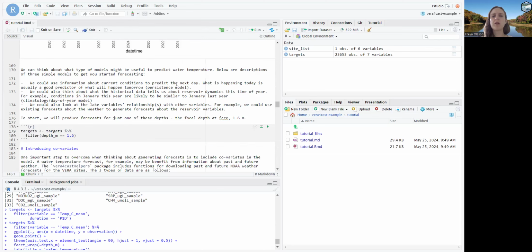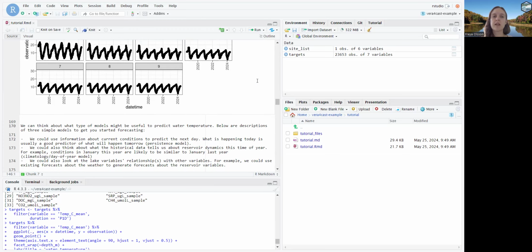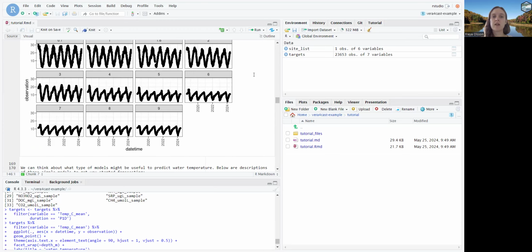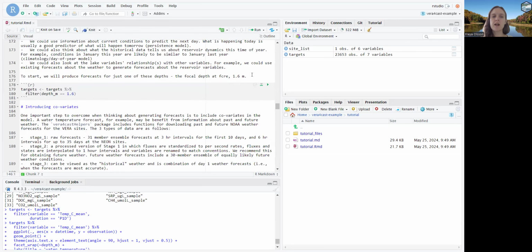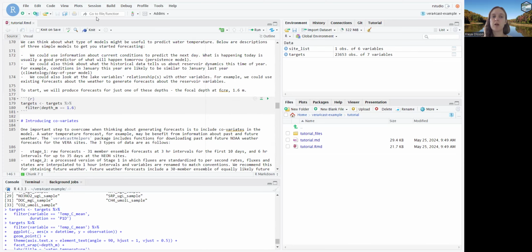We can also think about what the historical data tells us about the reservoir. So if you look at these plots again, you can see that there's quite a distinct seasonal cycle. We see water temperatures increasing into the spring and summer, and then cooling again into the fall and winter. And so these types of dynamics can be included in our forecast model. This you might call a climatology or a day of year model. We can also look at how the variables have a relationship with other forecasted